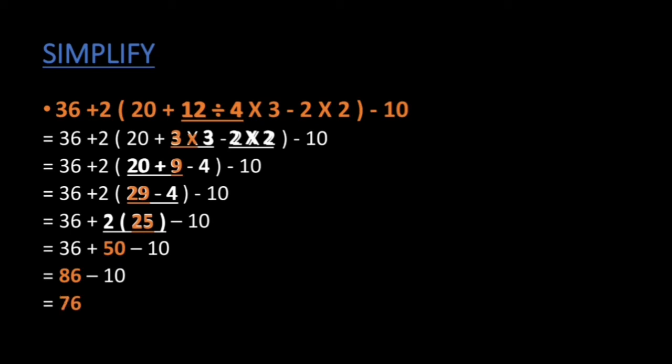This is the answer. If you observe this problem again, we have only replaced the operations. Now here, instead of 12 divided by 4, we have written the quotient 3. And then other numbers we have written same. In each step, we are going to simplify those portions and then we will be replacing it. That is a very important thing which you need to remember. So let us solve the next problem.